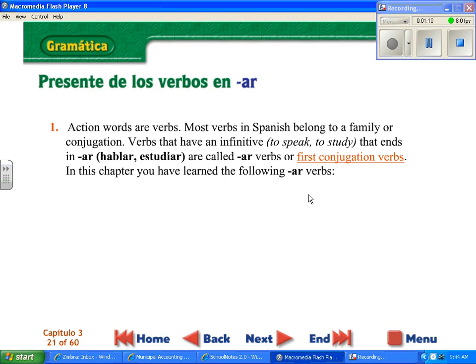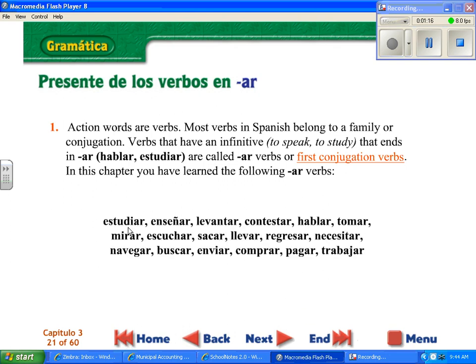In this chapter, you have learned the following AR verbs: estudiar, to study, enseñar, to teach, levantar, to stand up or to lift, contestar, to answer, hablar, to speak, tomar, to take something, mirar, to look at, escuchar, to listen, sacar, to get, to obtain,